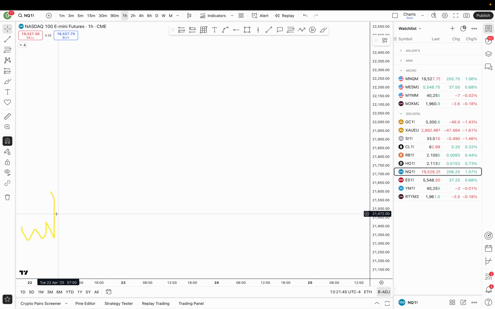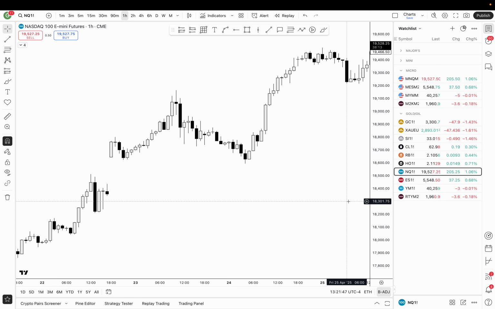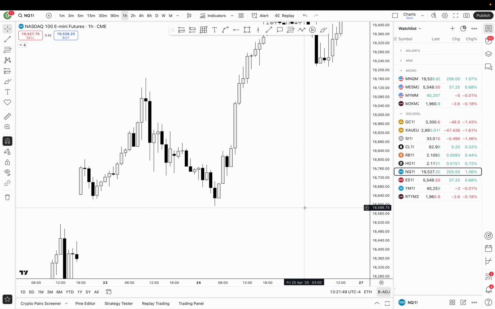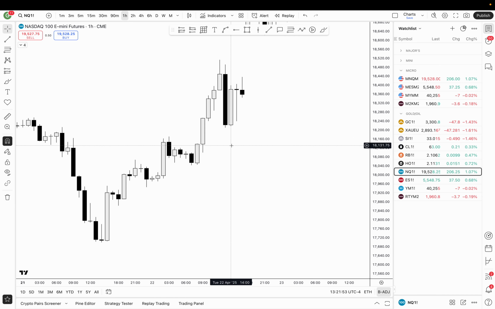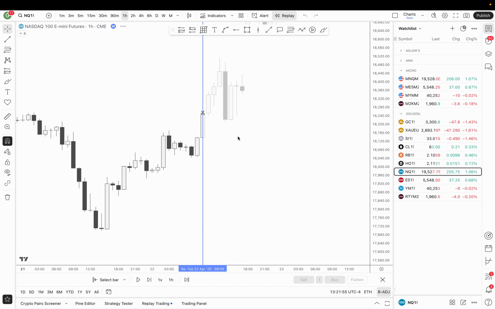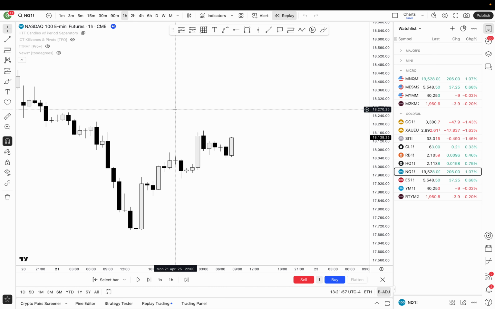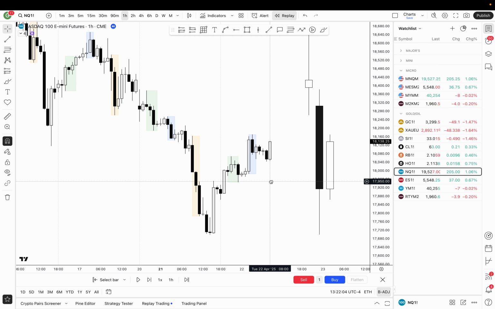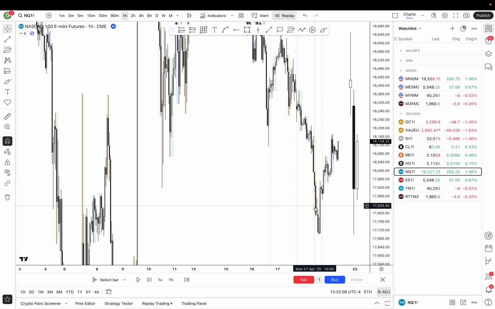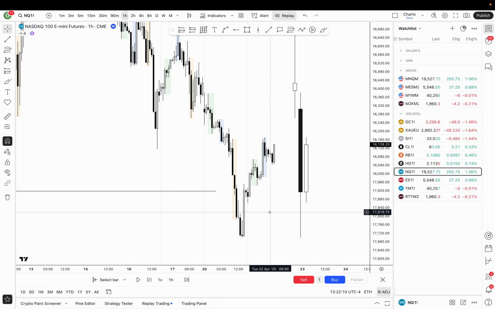And I'll show you an example right here on NQ that I traded. I think a lot of us traded this. There's actually like 2 examples really. So like this one, for example. This was Tuesday right here. Yeah, this was a pretty good week. This is when the previous day manipulated this low. So as soon as we hit a key level, like this is when we start to